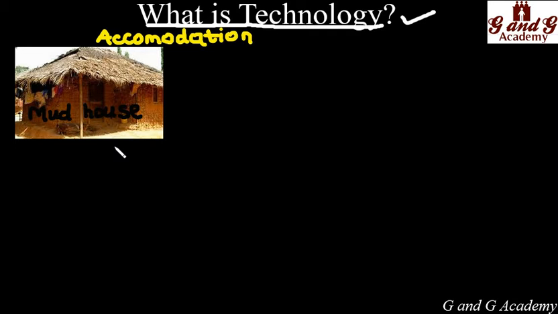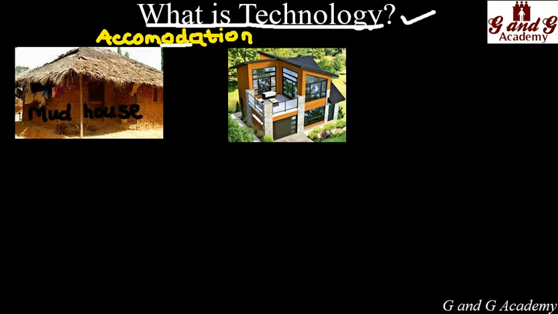Now let me quickly start by comparing the ancient days and the present days in terms of accommodation. In the ancient days, people lived in mud houses, and the mud houses were covered with what? Palm fronds. But in these present days, people live in ultra modern houses, and these houses are covered with aluminium roofing. Are you getting what we are trying to say? You can see that this is more fantastic than the mud house.